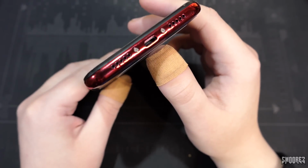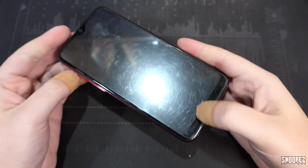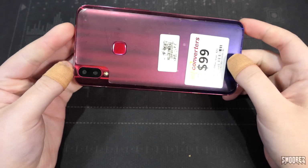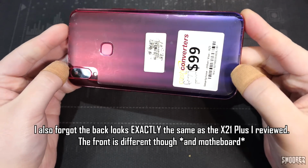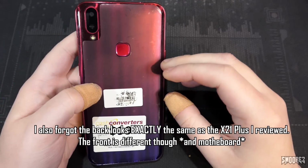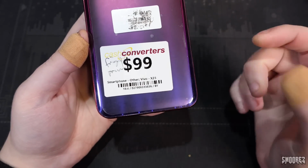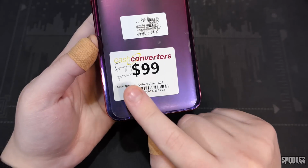Got a micro USB port as well as speaker grills, but I think there's only one firing speaker. I would assume so anyways. The body is this sort of gradient red to a purple sort of thing. Actually, we'll just take the back sticker off. First, before we take the back sticker off, here's the Cash Converters price tag. Now, it says it's a Vivo X23, which clearly isn't. And someone's written on here,